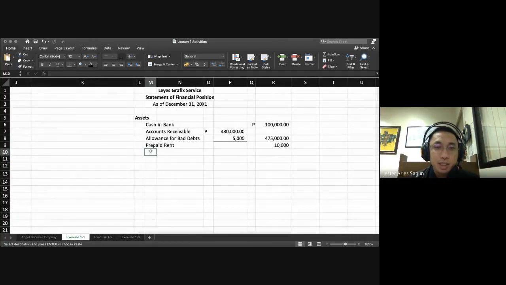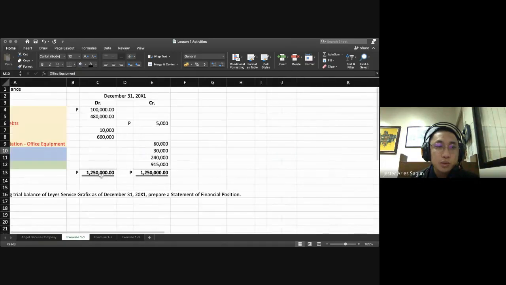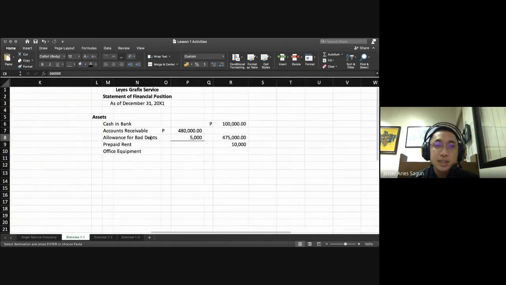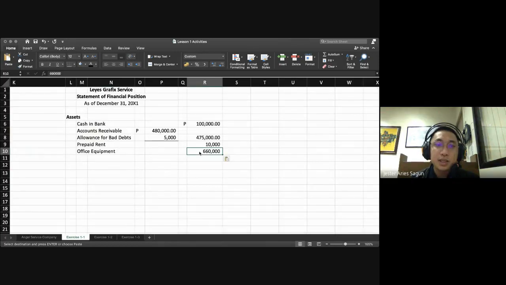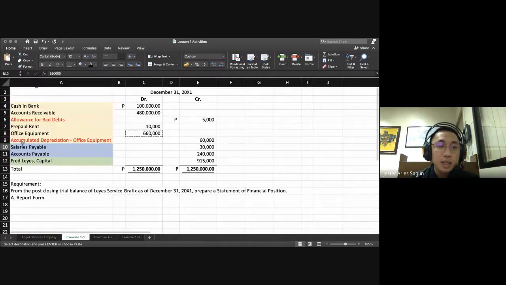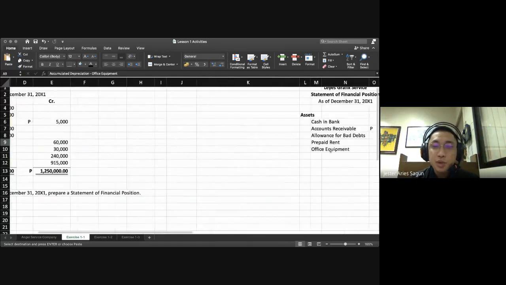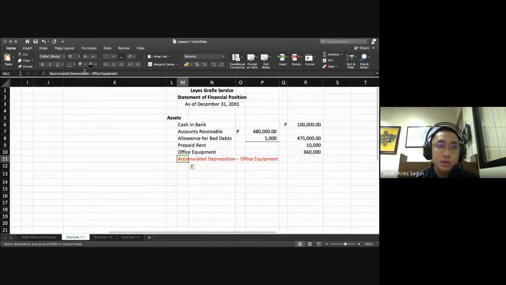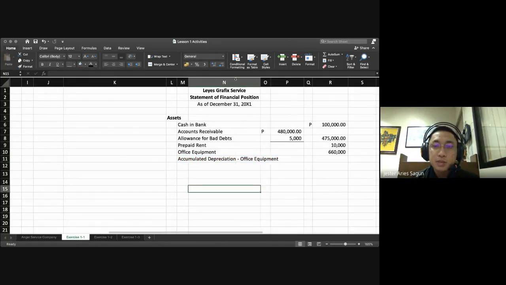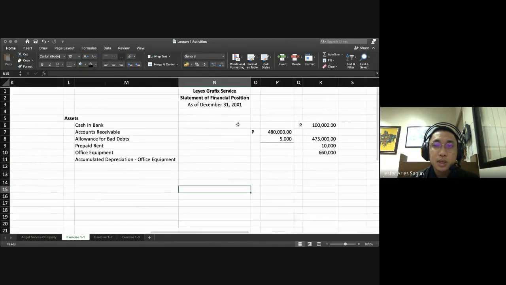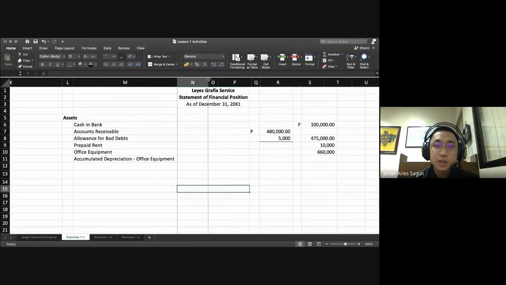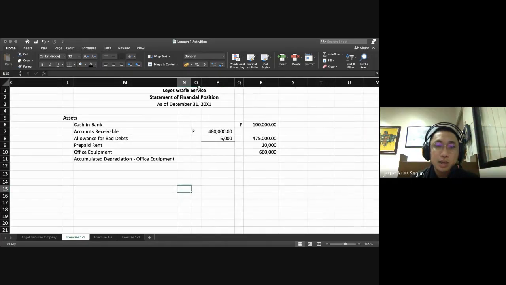Our office equipment is amounting to 660,000. That's 660,000. But we have also accumulated depreciation. So just remove the formatting there, and we move accumulated depreciation there, and just move it a little bit here, so that gaya ng ginawa natin kanina, we'll just move 660,000 here,